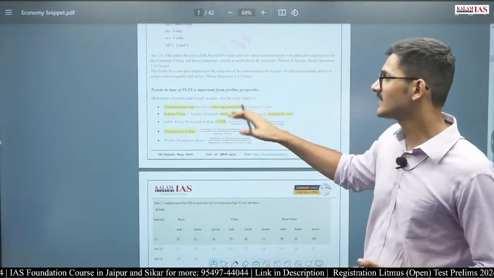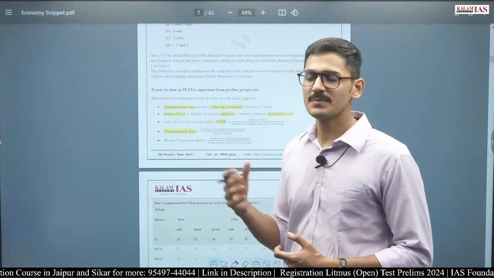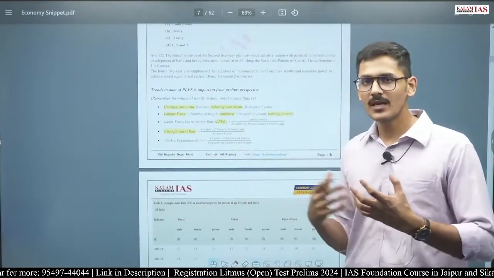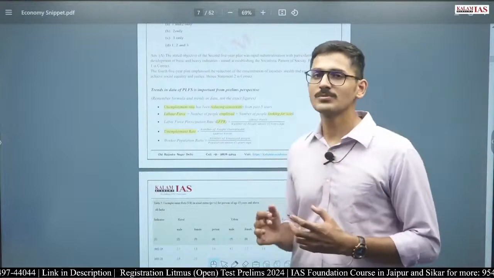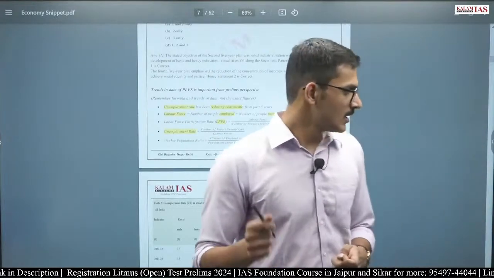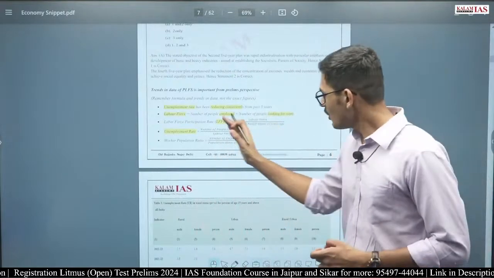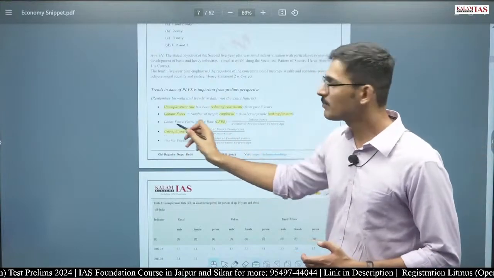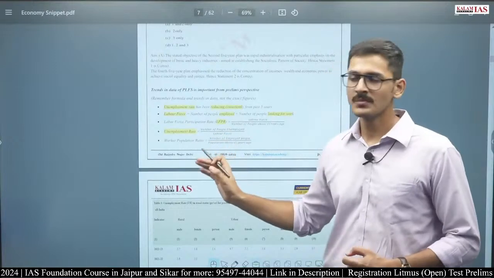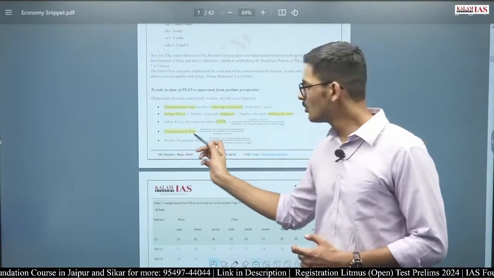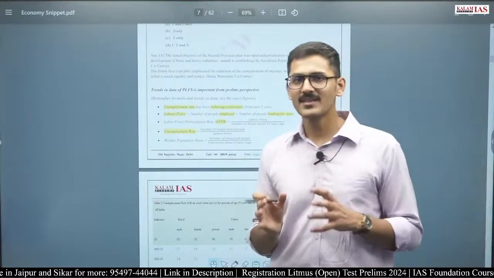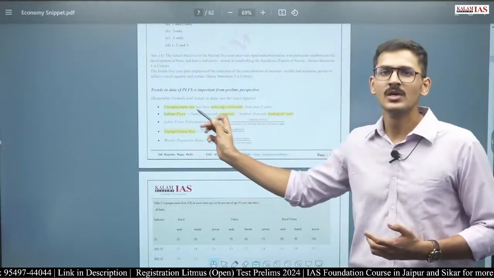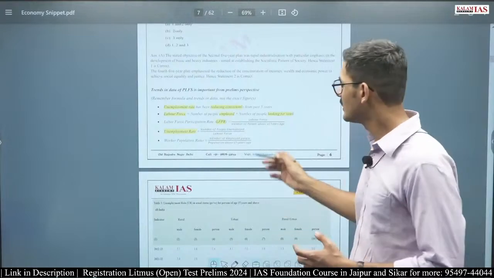Before that, there are certain trends according to the Periodic Labor Force Survey, which is being discussed in this particular document. We are going to look at those trends, because UPSC might give a statement on the unemployment rate or worker population ratio. Now there are two types of questions which can be asked by UPSC in the prelims based on the Periodic Labor Force Survey. One is the definition of a particular statement. For example, what do you mean by unemployment rate, or what do you mean by worker population ratio? How to understand it? You have to look at the equation. If you memorize the equation, then you can easily solve any conceptual question based on unemployment rate, worker population ratio, labor force participation rate, or any of the data given here.